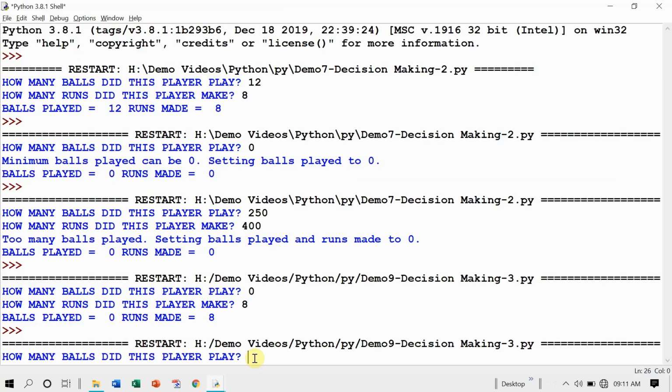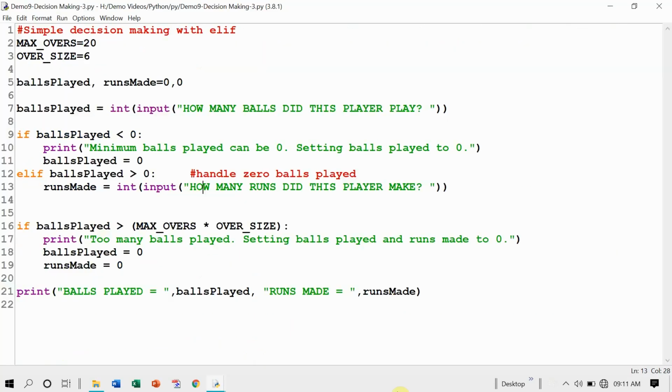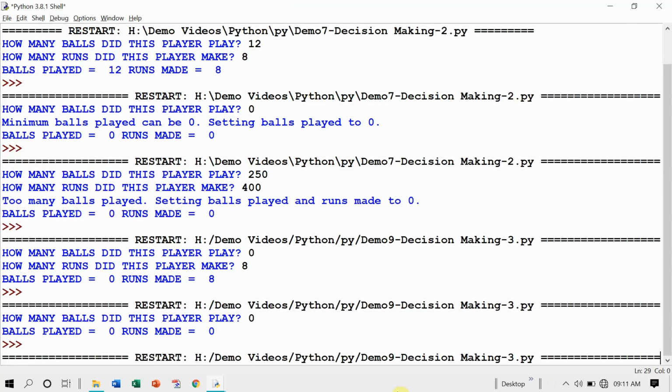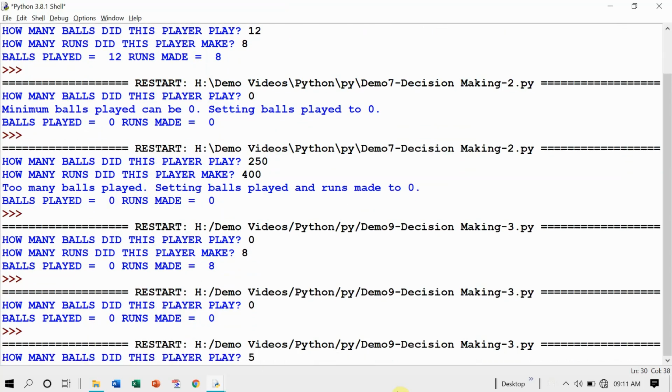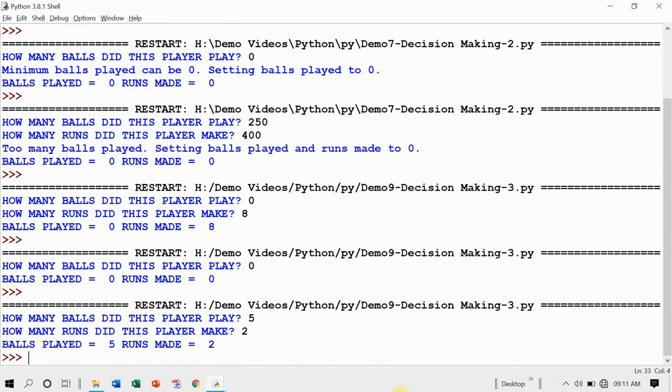So how many balls did this player play? Suppose 0 is there. Now this is handled. So 0 balls played is being handled here. If 0 balls is there, there is no question of asking for how many runs are being made. For 5 balls there are 2 runs being made.